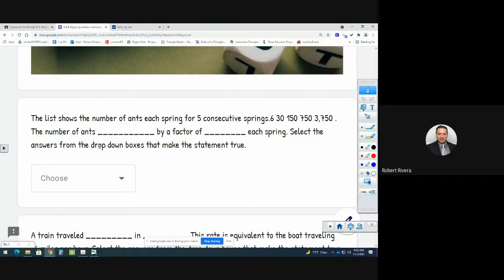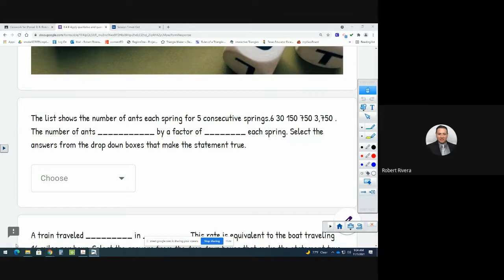Let me first read the prompt. It says the list shows the number of ants each spring for 5 consecutive springs: 6, 30, 150, 750, and 3,750. Okay? The number of ants blank by a factor of blank each spring. Select the answers from the drop-down boxes that make the statement true. Again, you'll have two drop-down boxes here in the spaces. I just have one, because it's a Google form. But in your test on Wednesday, you will have two of them. Now,